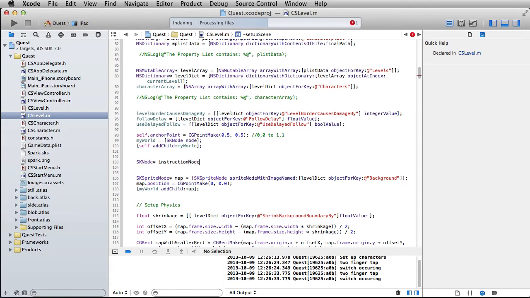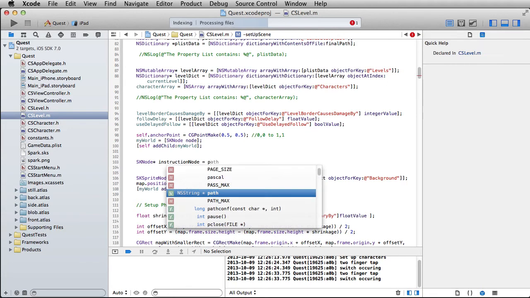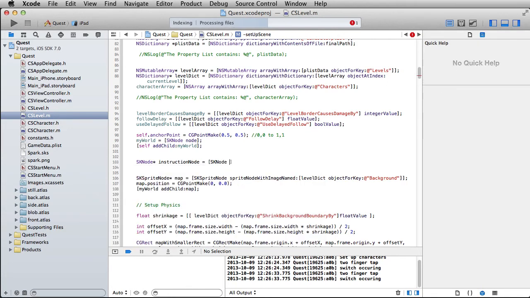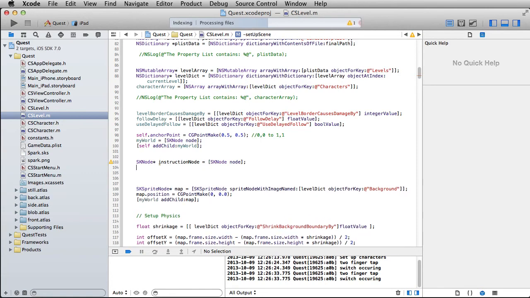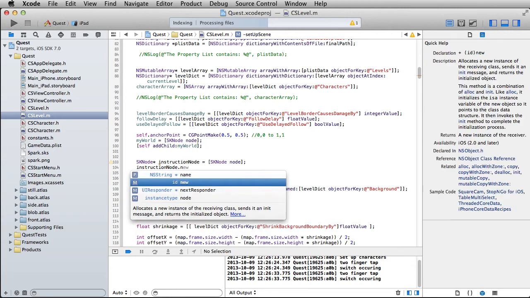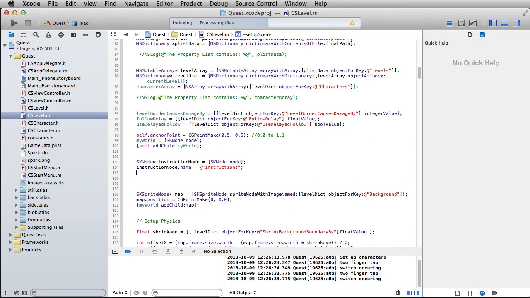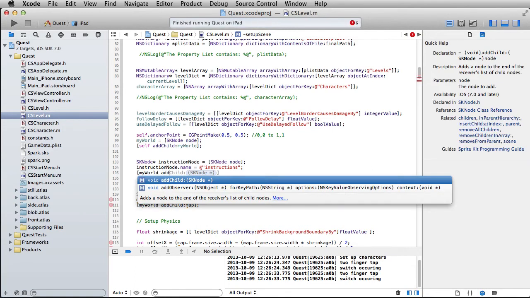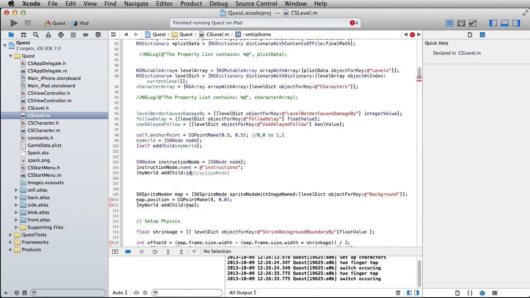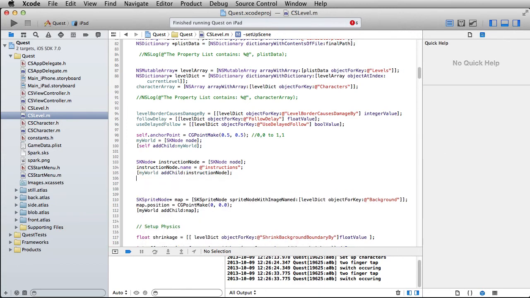So instruction node equals SKNode. So we're basically just making your most bare bones object here. Instruction node dot name, and I'm going to give this a name of, can you guess? Instructions. All right, and now we'll take that and put it inside of My World. So we're going to put My World add child instruction node, and then